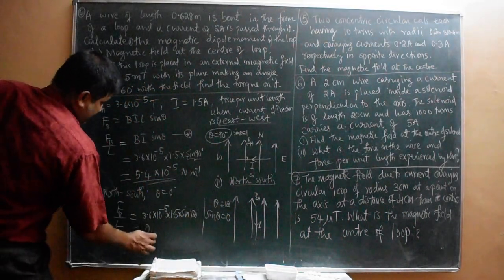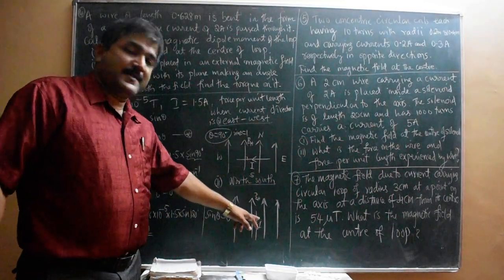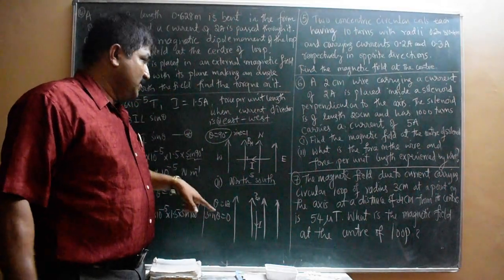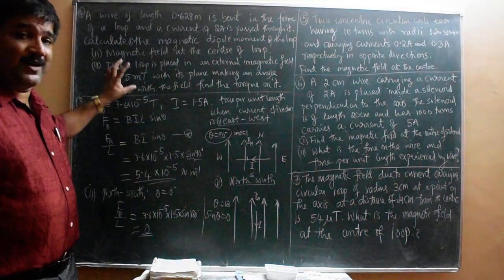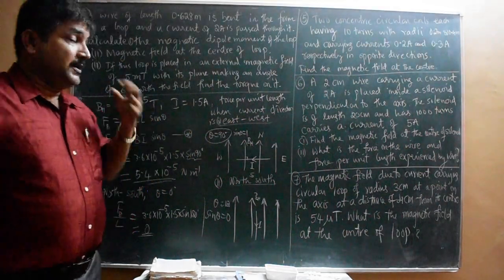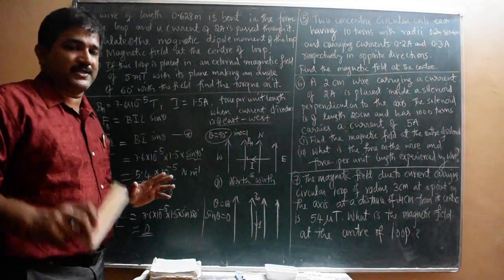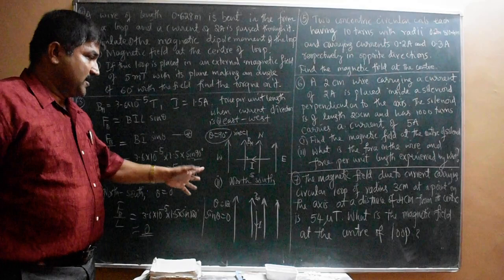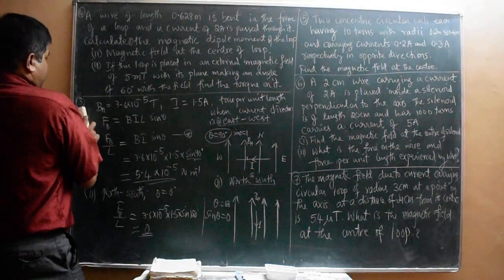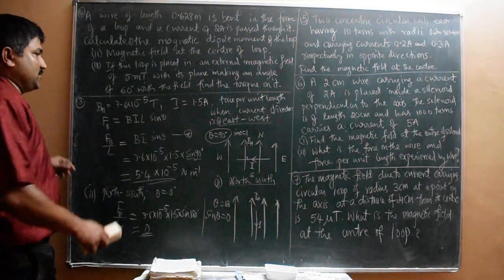Therefore the answer is: force per unit length experienced by the conductor whenever it is placed along north-south direction is 0. Here the magnetic field is provided by the Earth's magnetic field. It can be some other external magnetic field in another situation, but here the force experienced by any conductor in Earth's magnetic field along north-south direction is 0. Okay, so that's all about problem number 3. Yesterday it was incomplete, so I did it now. Just see all, take a pause, note down the values.